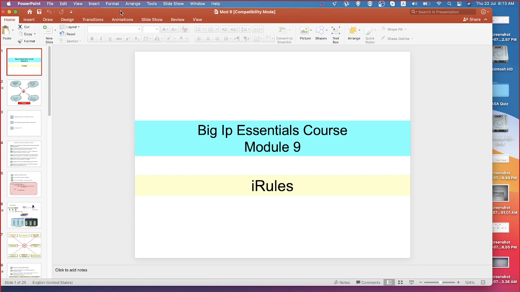What is the difference between node and member? Anyone? Sridhar, can you please help us understand? When we choose the load balancing algorithm, we have an option: least connections node, least connections member. Same way, ratio member, ratio node. What's the difference between node and member? Could you please explain so that we will be able to understand?